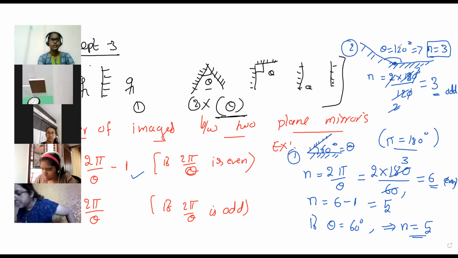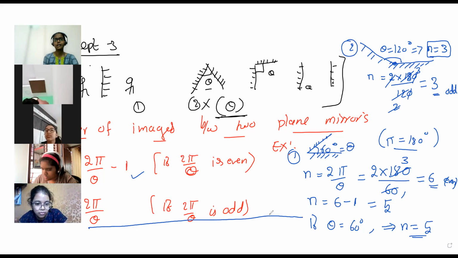Okay, fine, children. In less than 1 minute I cannot complete the next concept. Up to here, you just solve and write it as homework. I need to view homework because for so many days I didn't give any homework, because we started techno. Definitely you need to work, then only it will make more sense. Right? I'm giving theta values, you have to find the n values.